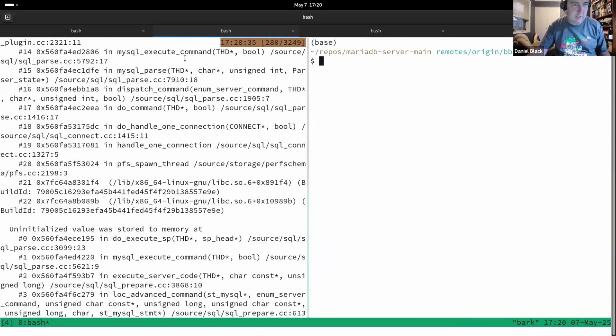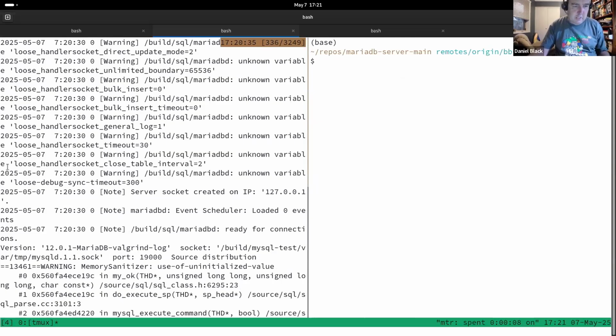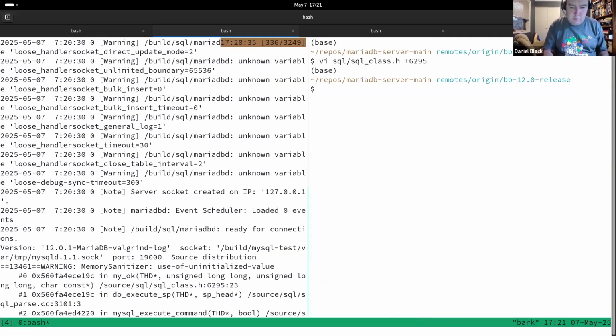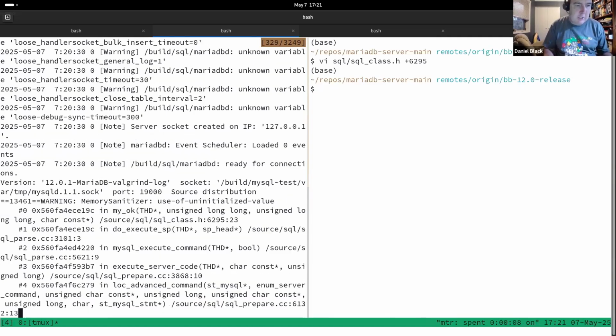So if we split this, I normally go top down, but I guess results vary. So if we look at sql_class.h, line 6295, what we see is that there is an address sanitizer reading one of these things as an uninitialized value on this line. It's an affected rows, an ID, or a message pointer, which could be null, so it's probably not that one. So it's not that. If we look to the next stack trace provided down here,